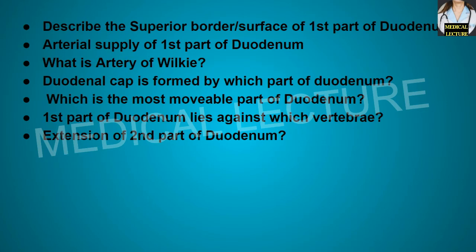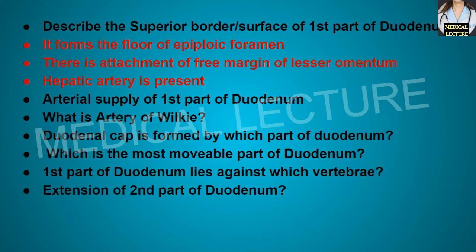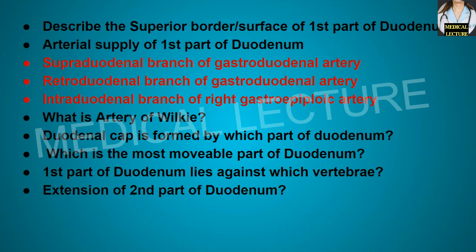Describe the superior border or surface of the first part of the duodenum. It forms the floor of the epiploic foramen. There is attachment of the free margin of the lesser omentum, and the hepatic artery is present over here. What is the arterial supply of the first part of the duodenum? It is the supraduodenal branch of the gastroduodenal artery, the retroduodenal branch of the gastroduodenal artery and the intraduodenal branch of